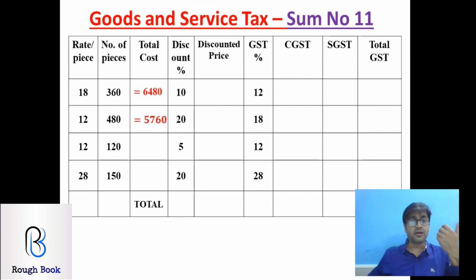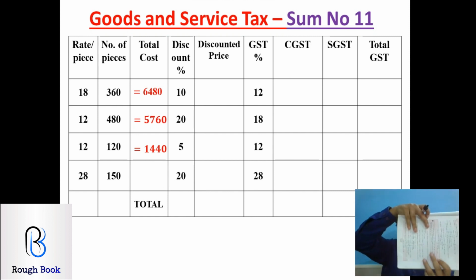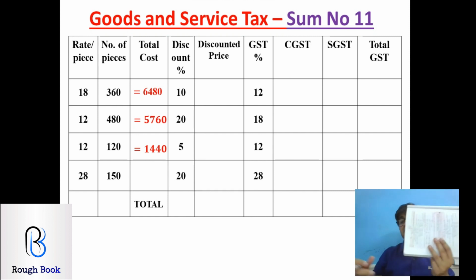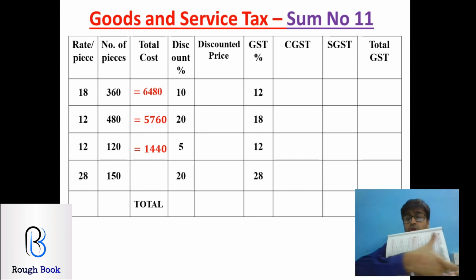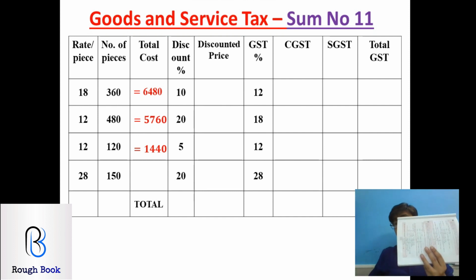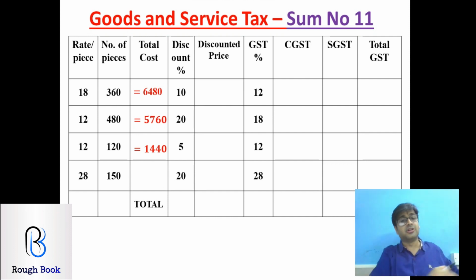Wrong. I lost all my marks. I am so sorry. 12 into 12, 144, and 10. That was simple. You can always pause the video and prepare your table. If the table doesn't come vertical in your book, you can always turn your notebook around and do the table horizontally. In the exam also, you can take the supplement horizontally and do your sums like that. It is allowed in the boards. When we go for board corrections, we allow everything. So don't worry about that.